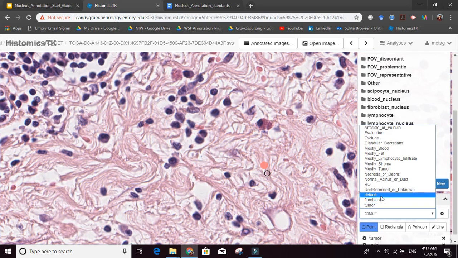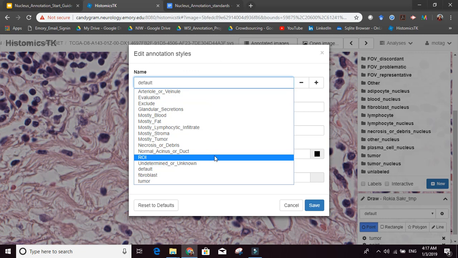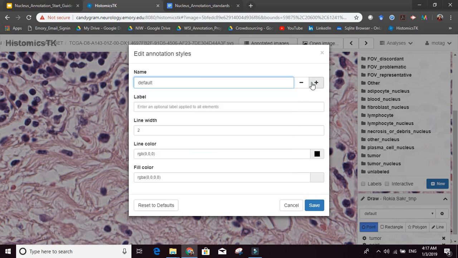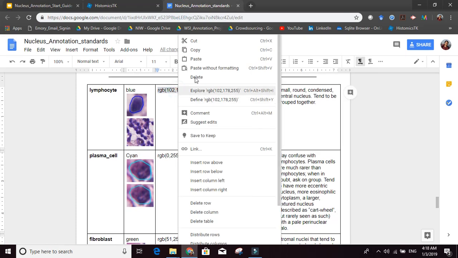Sorry, that's wrong. You need to make sure you click it from here. My goodness, it disappeared. I think it didn't save. I think what's happening right now is that the database is updating while I'm doing this, or because my computer is super slow, which is actually more likely.